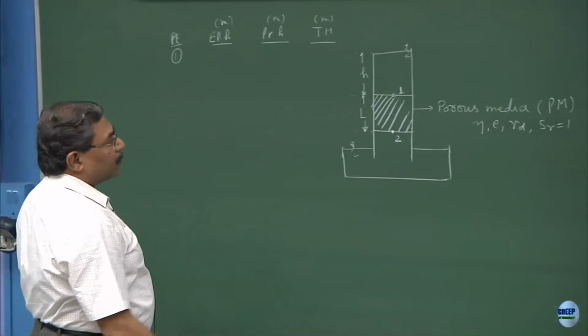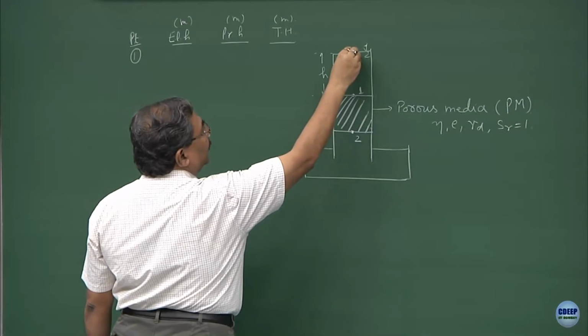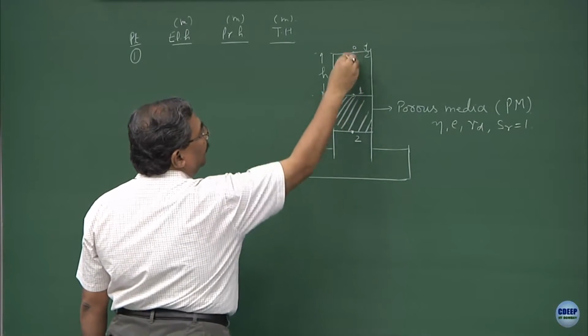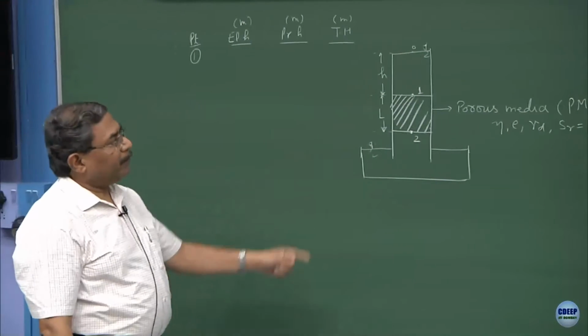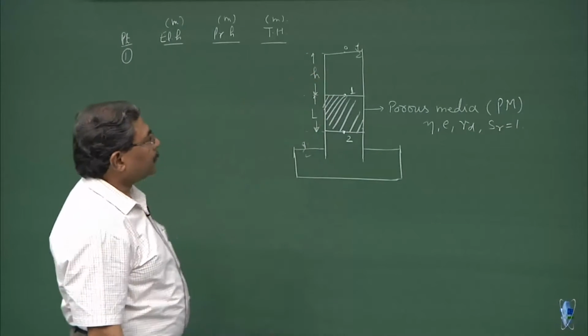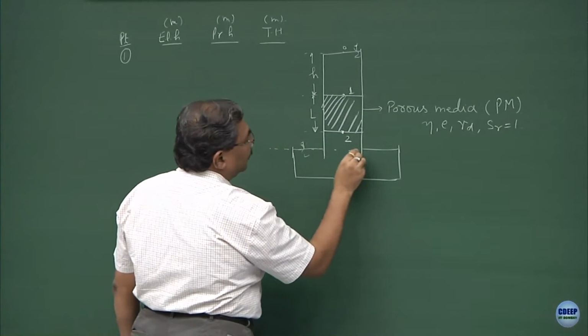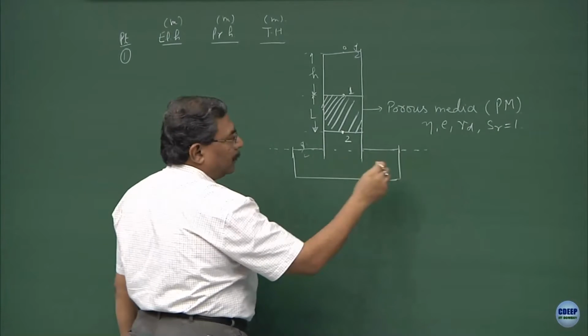So, point 1 was quite straightforward. We have already proven that between point 0 and 1 there is not going to be any flow because the total heads are same. Point 1, if I assume the elevation to be matching with the free water table,